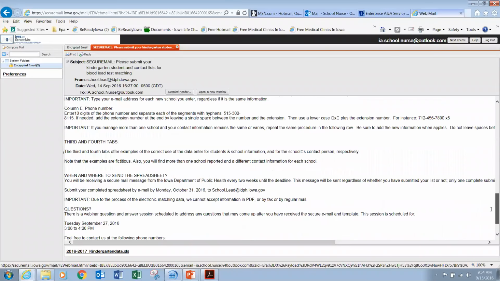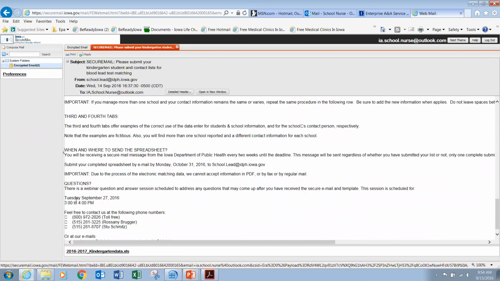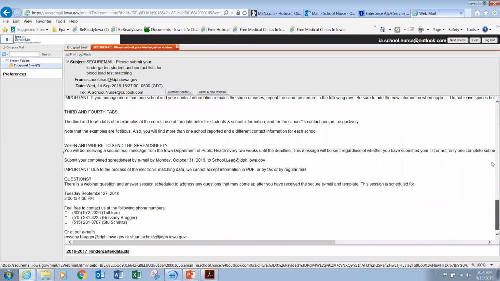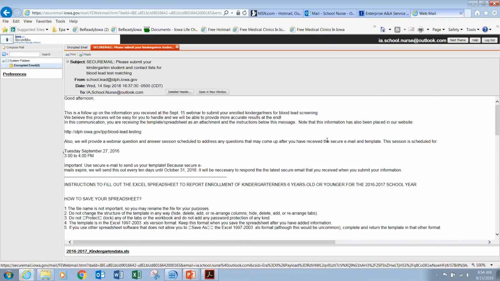It also refers to the upcoming question and answer session on Tuesday, September 27th, 2016 at 3, and provides some contact information. So those are the instructions for completing the template and returning it. There's an attachment that will show up down here at the bottom, and that is the actual template. And the print is up here.